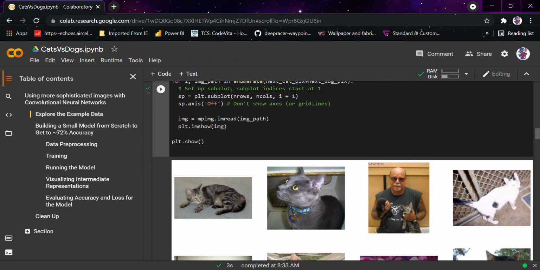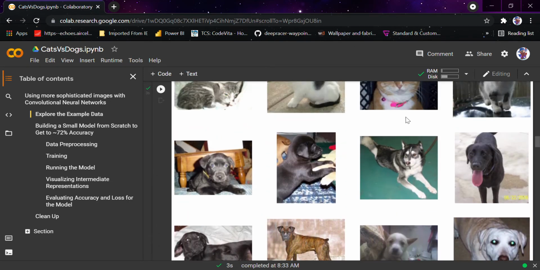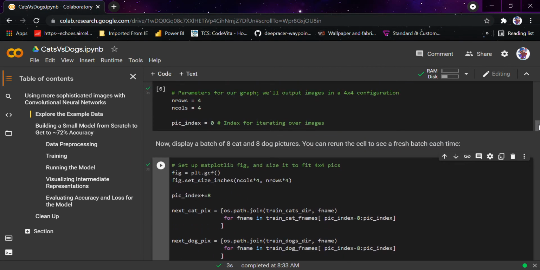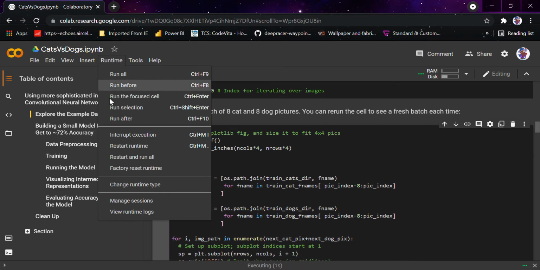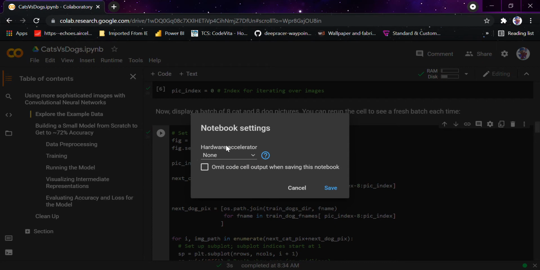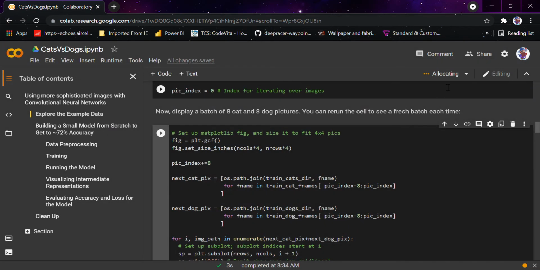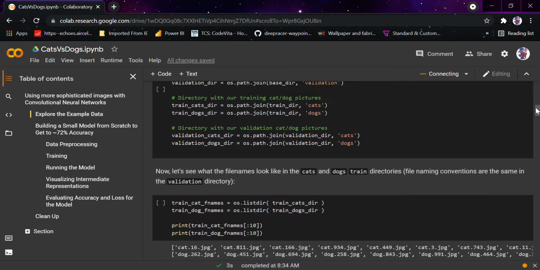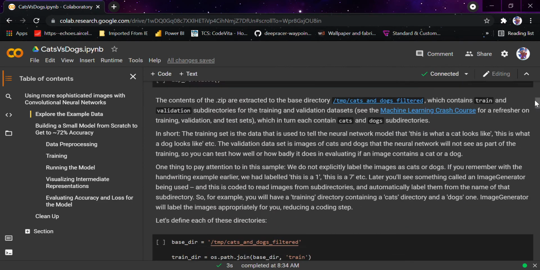So actually this is just to explore the dataset. This is not a necessary step. It's totally your choice. You can see cats and dogs both are there. Every time you run it, different data can be present, so you can run it as many times as you want to get different data. And just make sure that you are connected to GPU. Right now I have not connected to GPU, so I would get connected to it, and I would run all the cells from the beginning to make sure that things go fast.